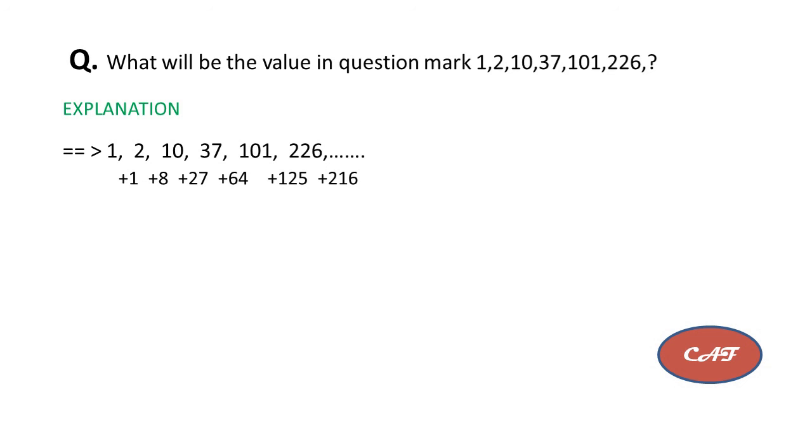If you see these numbers, these are also very big numbers, meaning the increment order is very high. If you see properly, these are in the form of 1 cube, 2 cube, 3 cube, 4 cube, 5 cube, 6 cube. Okay, so 5 cube, actually I wrote the answer here also. Here 6 cube means 216 will come. So I am adding 226 plus 216 is equal to 442. So 442 is the next value.